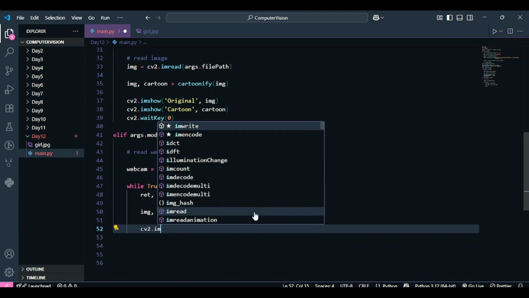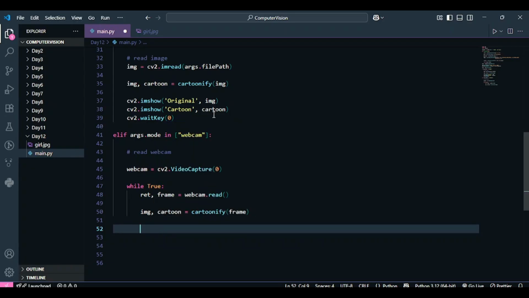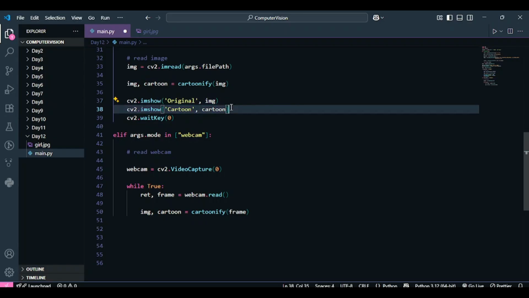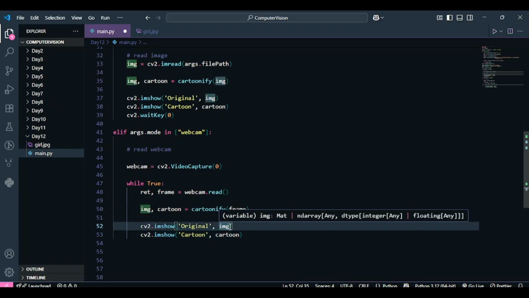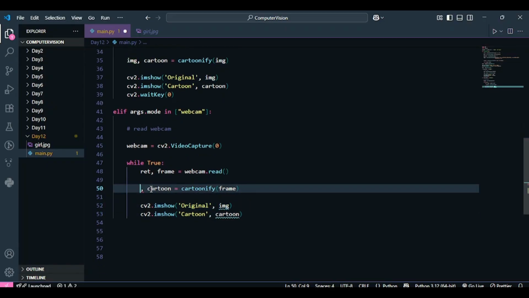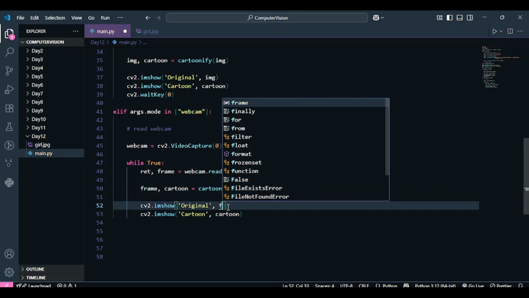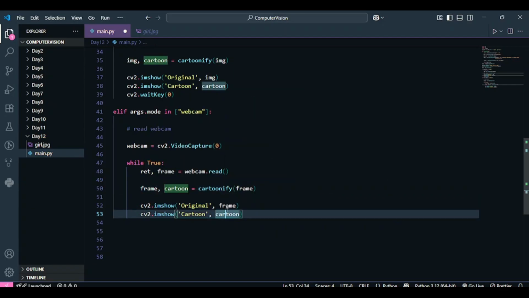I'm going to use my imshow function. I'm just going to copy these two lines from here, but instead of image, I'm going to write frame over here, so that it's more clear what we are actually trying to do.